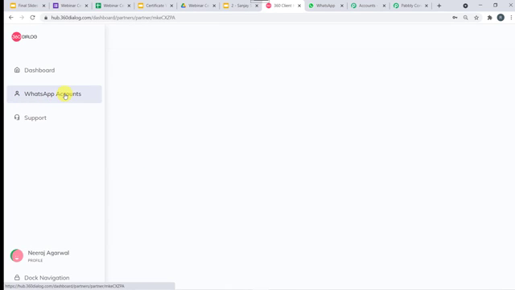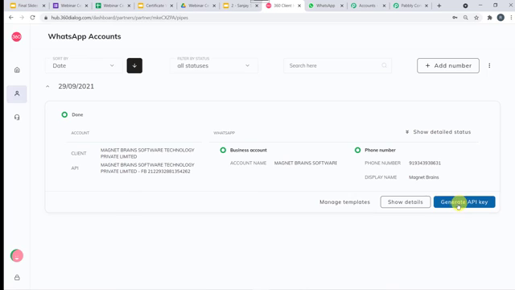Here we have to come to this WhatsApp account. So let's click on this. Here we can find generate API key option. You have to click on generate API key option. You have to generate an API key. And once the API key is generated, the same API key can be used for different workflows also. We don't have to generate the API key again and again. So as I have already generated one API key, I will be using the same API key.